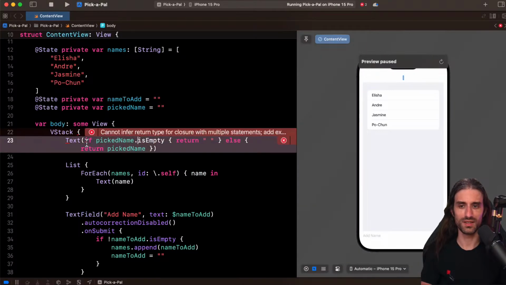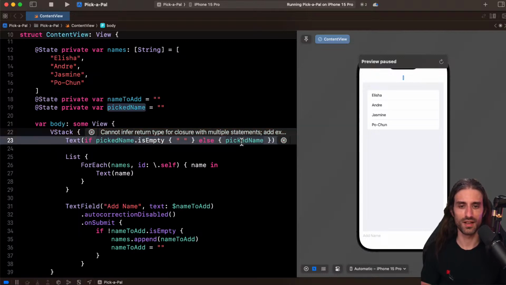Okay, I tried doing it like that, if return, else return. But no, it doesn't work super well that way. And you can write this in Swift now, it's valid.